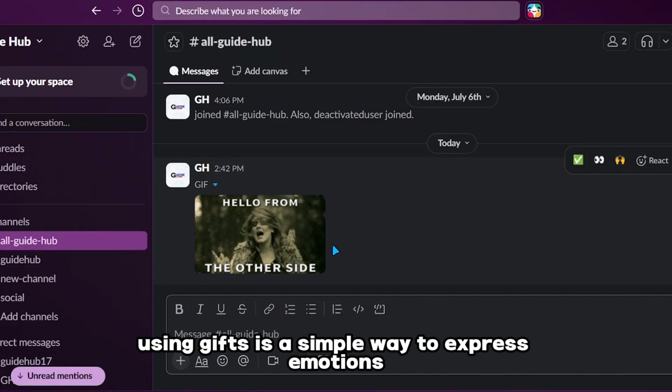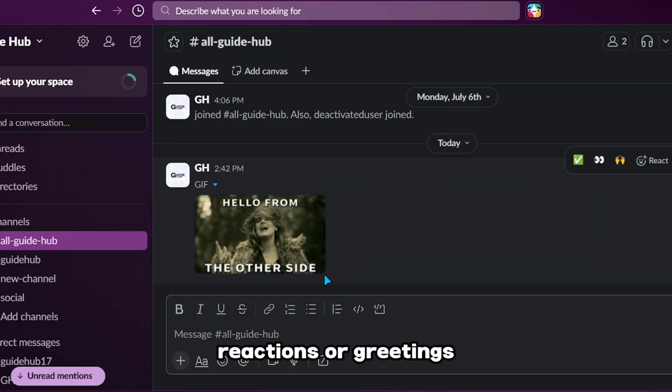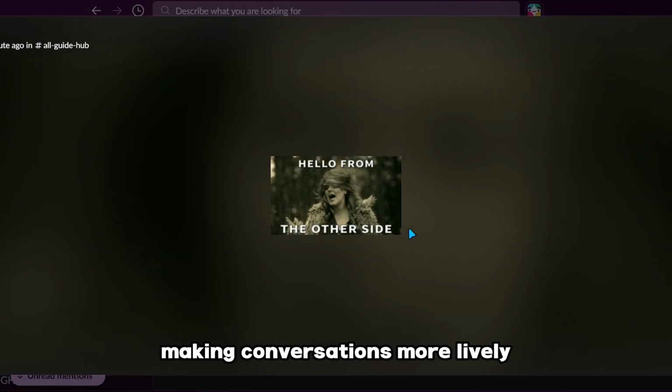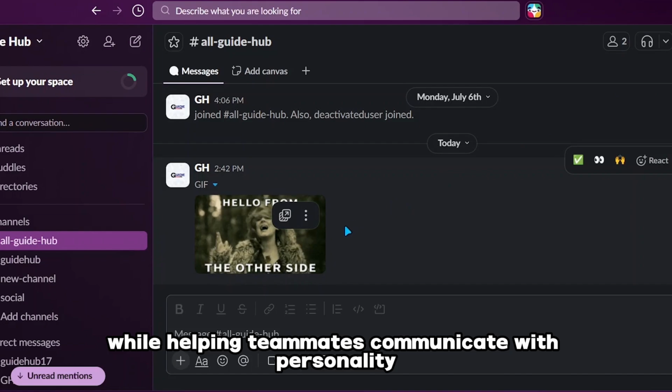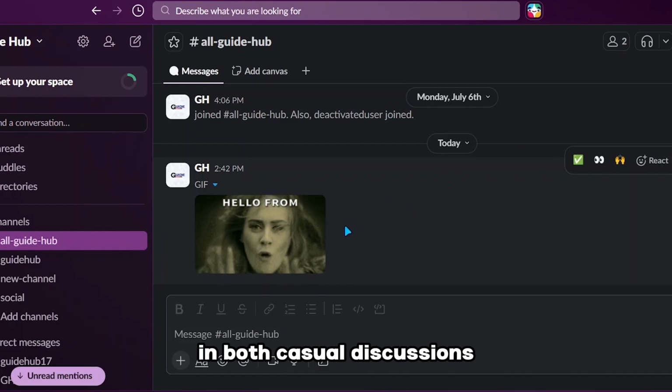Using GIFs is a simple way to express emotions, reactions, or greetings, making conversations more lively while helping teammates communicate with personality in both casual discussions